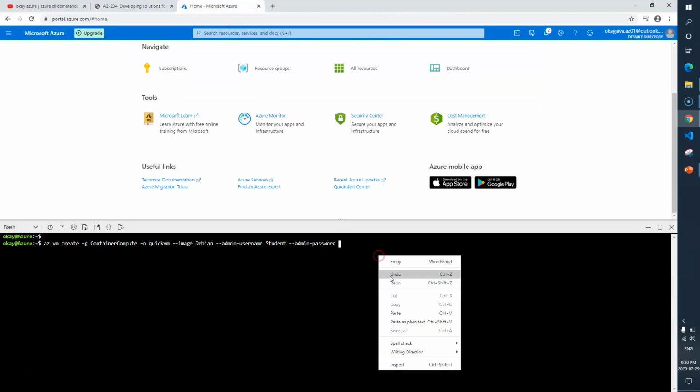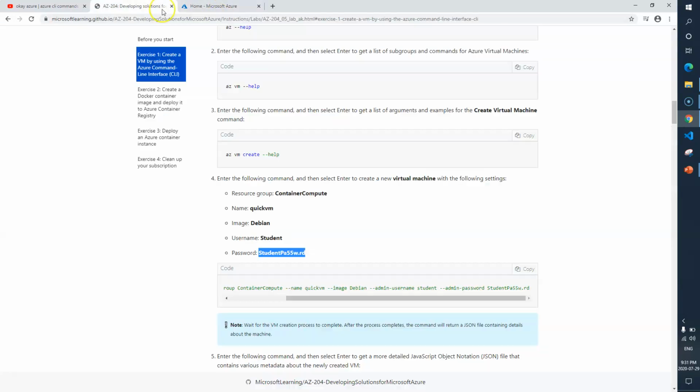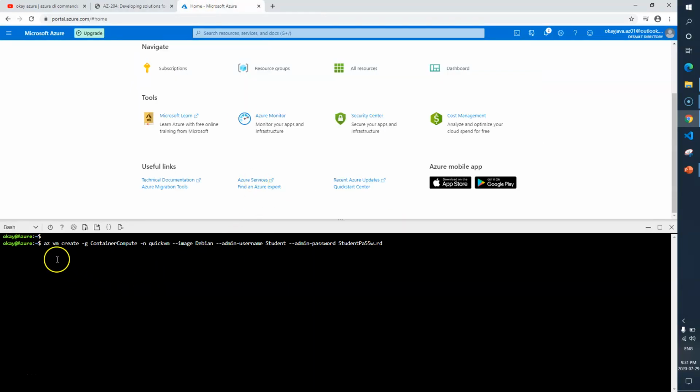I'll paste this one as it is here. Let me just go and verify. Okay, so we are good. So here is the command to create a virtual machine using Azure CLI. az vm create, here is your resource group, then your VM name, image or operating system actually, admin account, student, and password is this one.